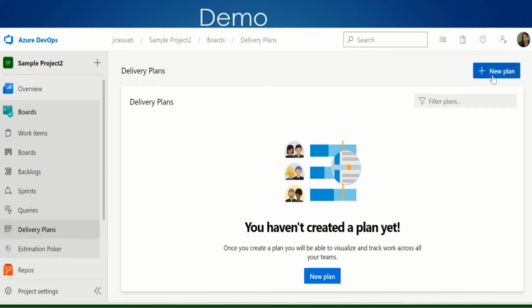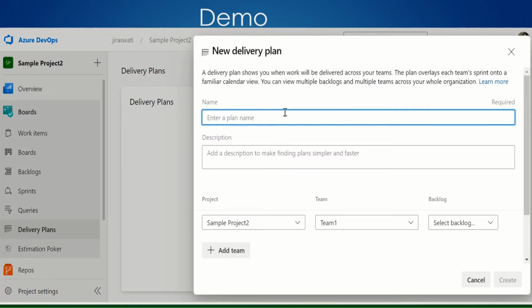You need to click on new plan and give the name, demo DL. For the delivery plan, you need to give the description, the details of your project plan, and if you have any blueprint for your project solution, you will also have some release plan, right? Whether you have some criticality, you want to release by this date, or you have a critical dependency you need to track and get completed by this date, you can also put a marker and highlight it.